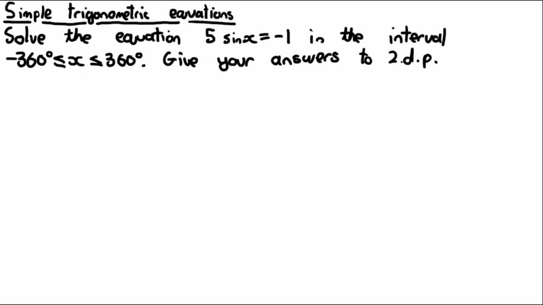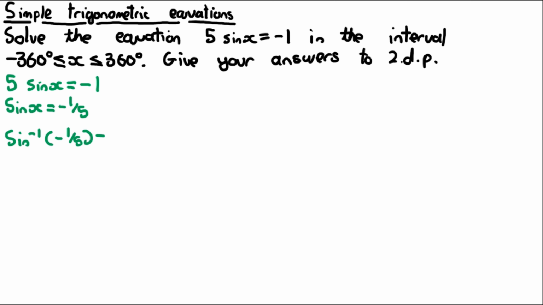Sometimes they can put a number in front of the sin, cos or tan. So here's an example of this where they want you to solve the equation 5 sin x is equal to minus 1, and they want it in the interval minus 360 to 360. The way we approach this is just by moving the 5 onto the other side by dividing both sides by 5. So it's just going to become sin x is equal to minus 1 over 5, and then we just solve this equation instead. So the first thing we do is just do the inverse sin of minus 1 over 5, which if you put that into your calculator, is equal to minus